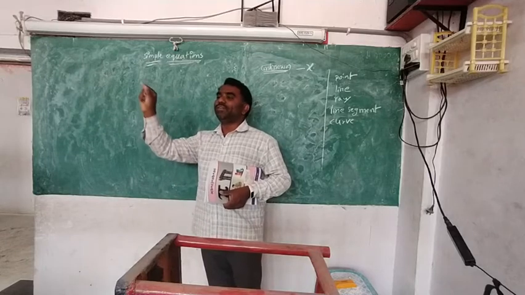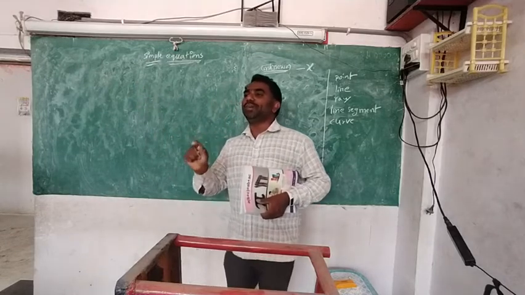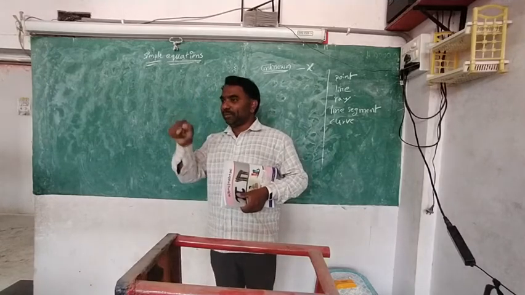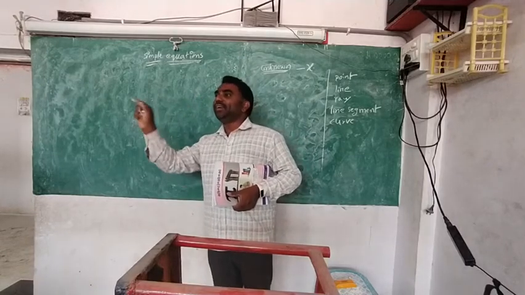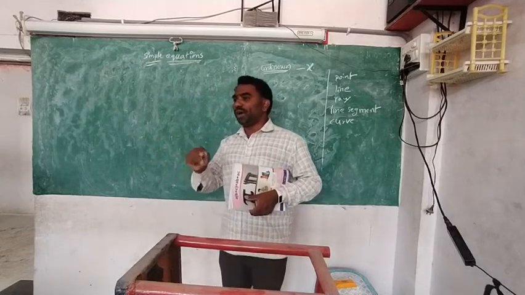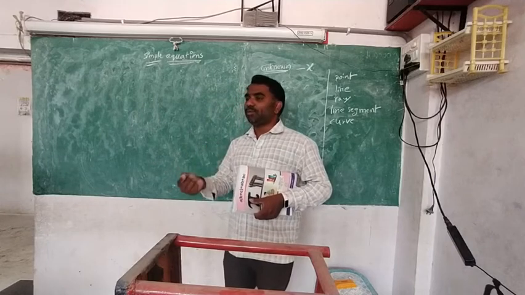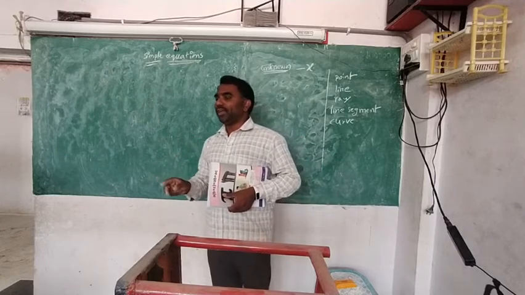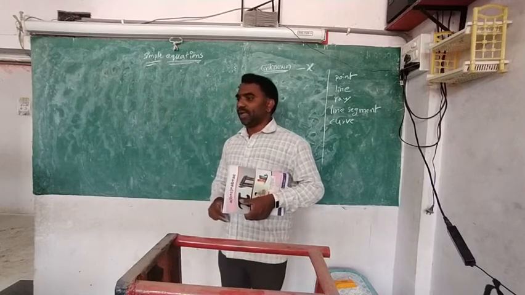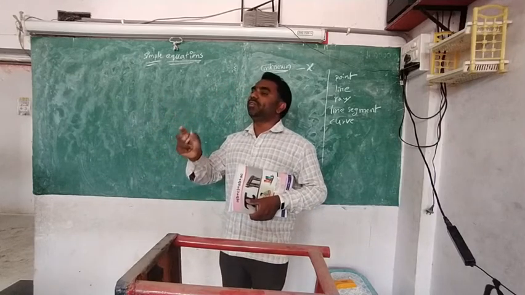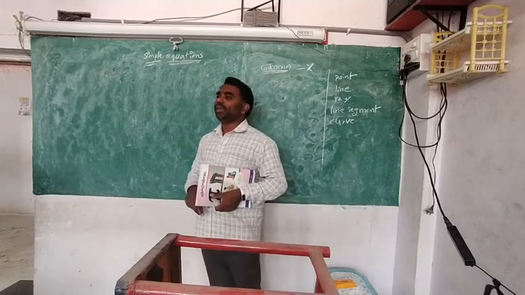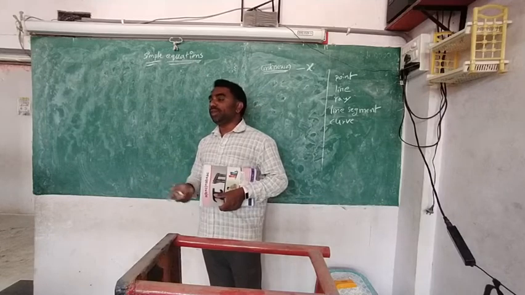Equal to 52. Sum of two numbers is 20: first number plus second number is equal to 20. That is mathematical. There are no words, no alphabet, no sum, difference like that. Every mathematical term we will convert into mathematical symbols. After converting into mathematical symbols, we will create one equation, and you know how to solve the equation.